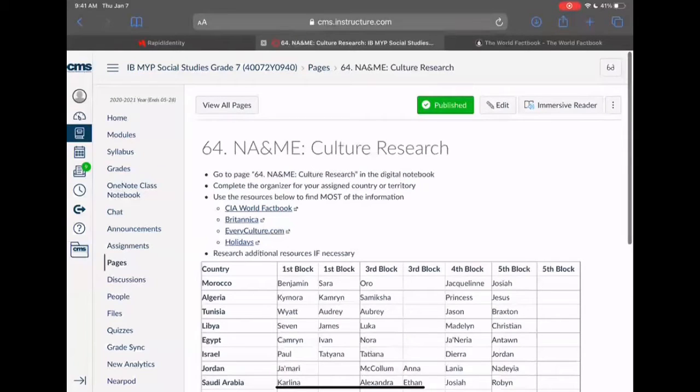So one thing I just edited a little bit ago: I put 4 resources here that are the same 4 resources you can use to get this information. I want to go over this right now, but I just found out last night the CIA World Factbook has changed drastically. The content is still the same, but it looks completely different. I think it looks better, but it takes some getting used to.